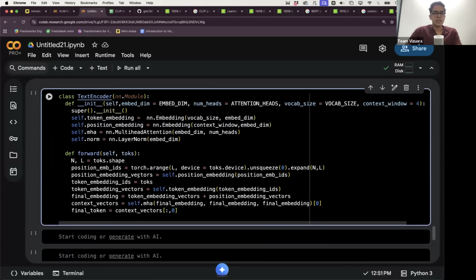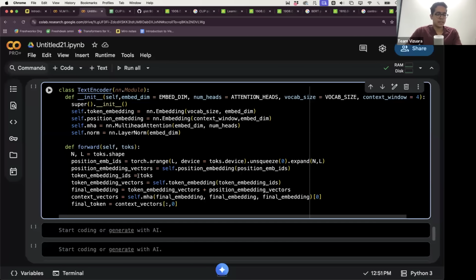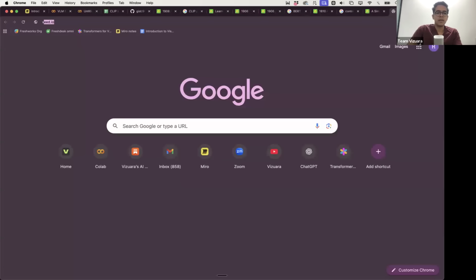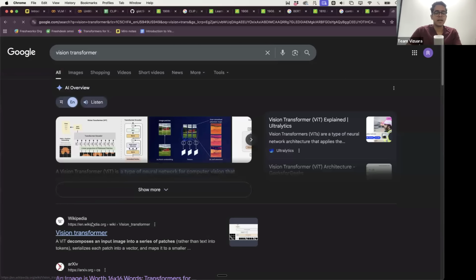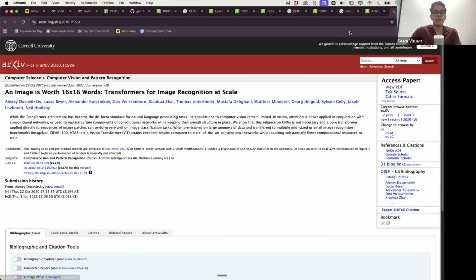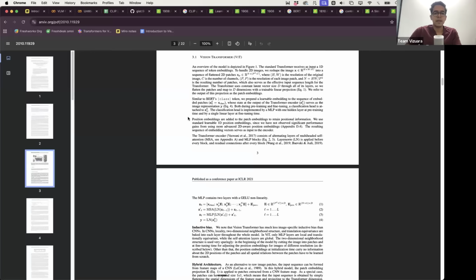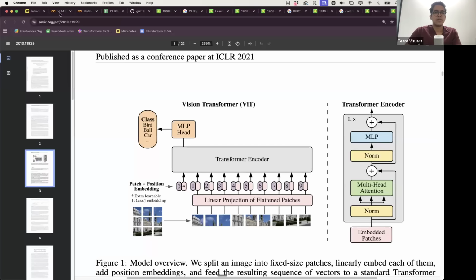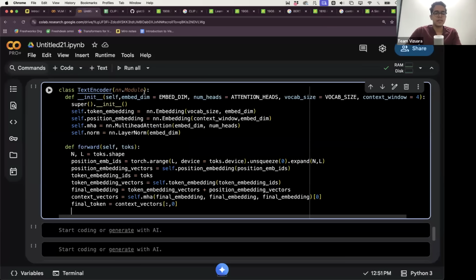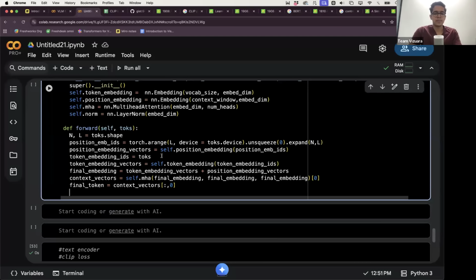Now what we have to do is a layer normalization. But before that, usually in vision transformer, you might remember there was a classification head which was projecting the context vector into the final dimension required. If you look at this image, this MLP head was the classification head. So we can add one like that, just to be consistent with how other models are. So projection is equal to the final token of